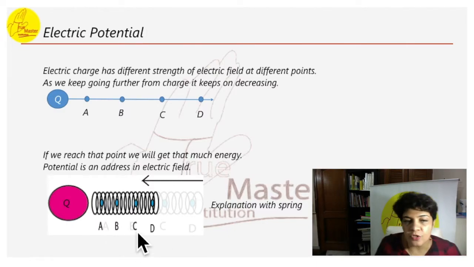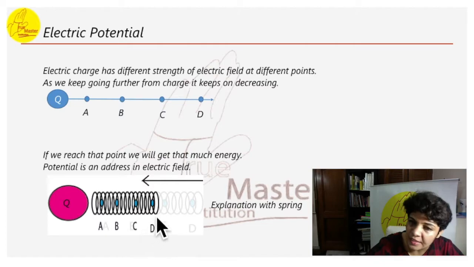Let me explain this again. If you take a pen, the ball pen has a small spring. When you press it very hard and leave it, it has more energy to do work. We're talking about the same thing: if you compress it hard, it will have more energy. The point A will have the maximum, and the point D will have comparatively lower energy because less work has been done to bring it to this point. These are the addresses of the potential.